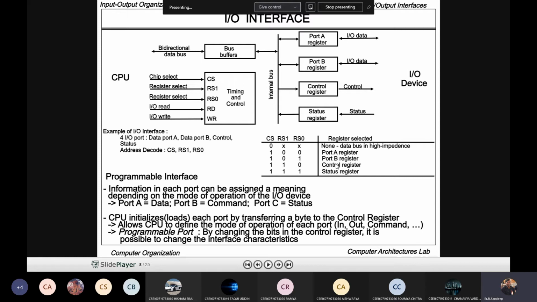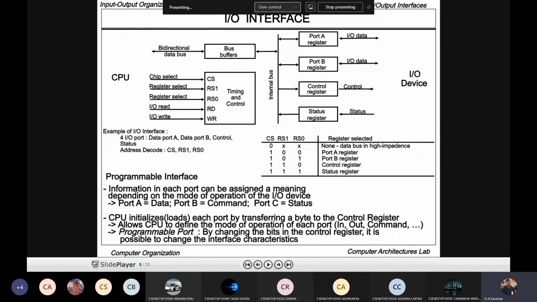So that's the reason I told you initially, programmable peripheral interface. As per our convenience, we can make use of the ports. Programmable peripheral interface means the user can code accordingly. Are you getting my point? The user can code accordingly. So that's the reason we are calling it a programmable peripheral interface.